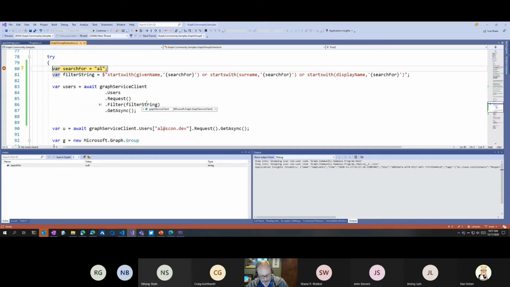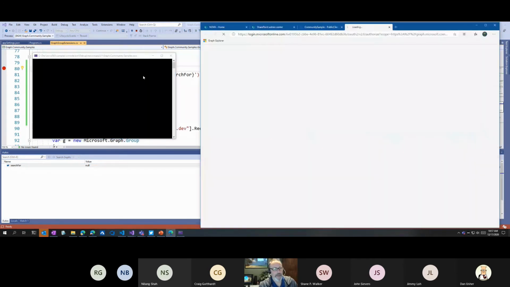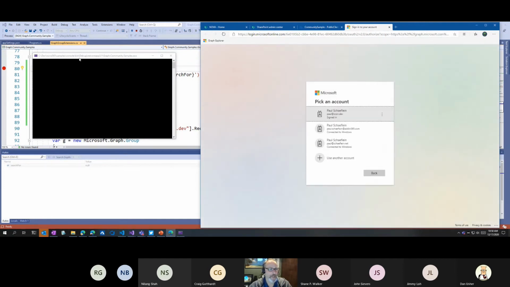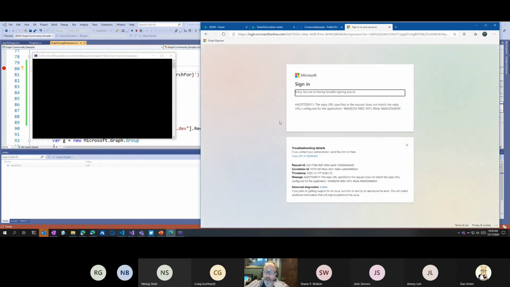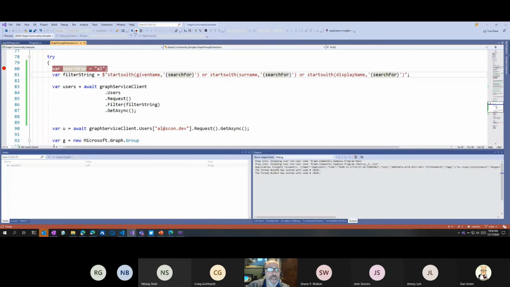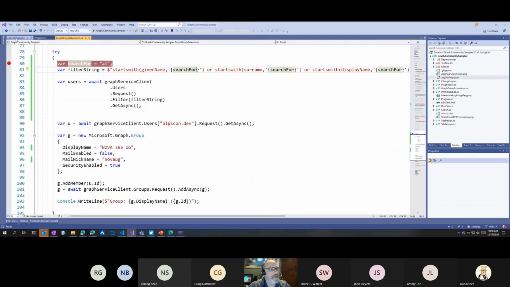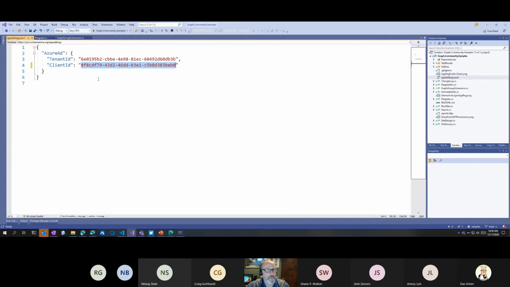So I'm going to continue on, press F5 here, and now you'll notice it opened up a new window. This is my console application on the left. On the right, it popped open the default browser. Now I can log in, and I'm going to use the account that we are using here. If I pick this account, because in this browser session I already logged in, you know what? It's probably the right number to begin with. It didn't work. Okay, what's the worst that could happen is I can't log in. So let me go back to here. It's interesting that I made it work on the wrong one, but we'll try it again.